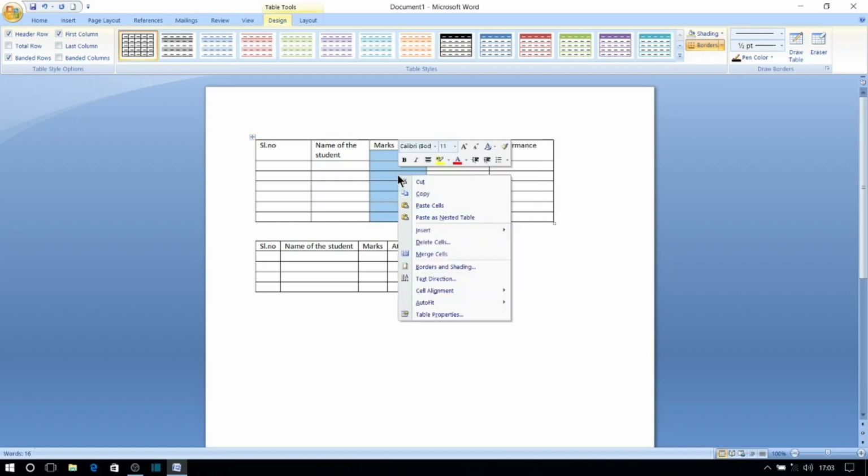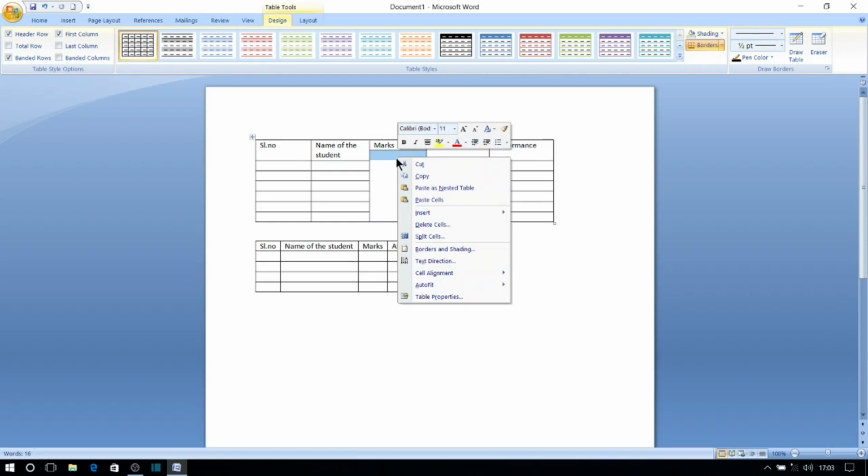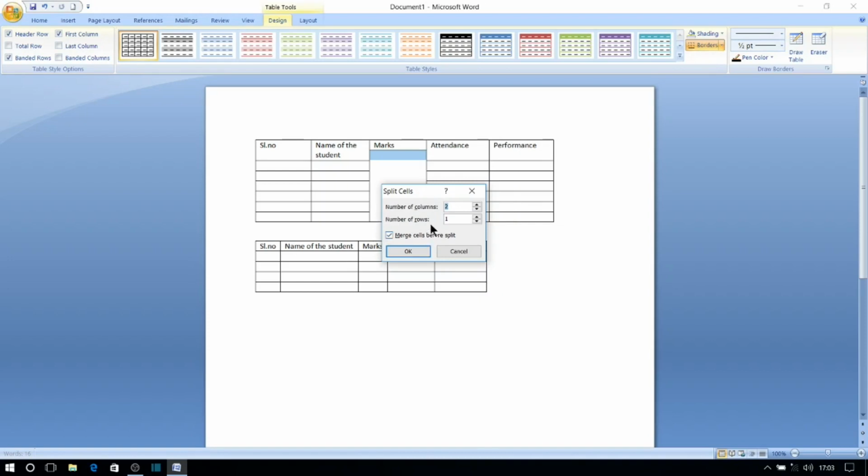Go to the same dialog box. Now first we have to merge these cells. Again go and click the dialog box. Now we have split cells option and here you select the number of columns as 3 and number of rows as much as possible.